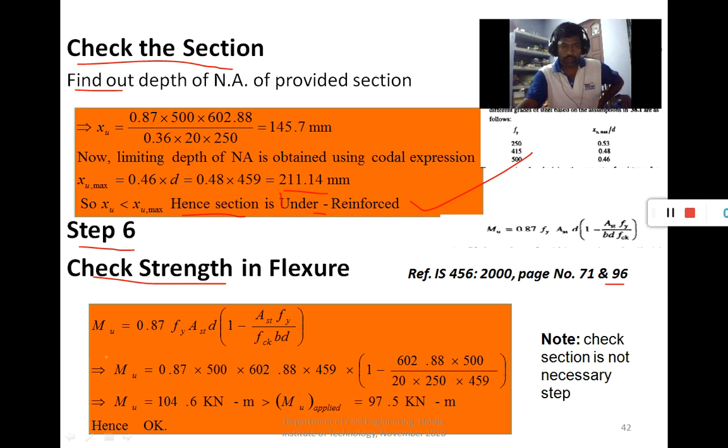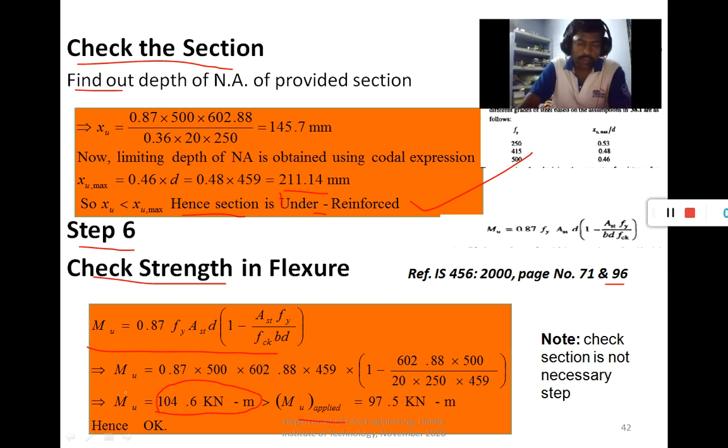This expression we again use from page number 96. As the section is under reinforced, we get the moment. The moment resistance is how much? 104.6 kN-m per meter, which is more than Mu applied.